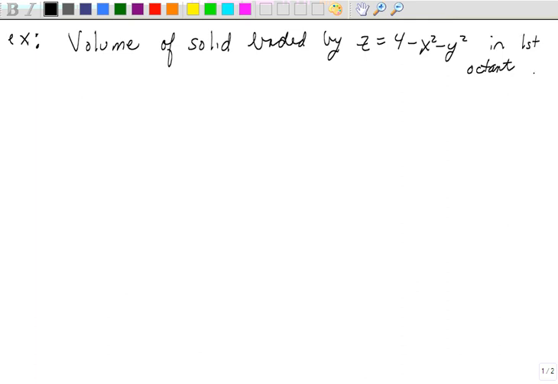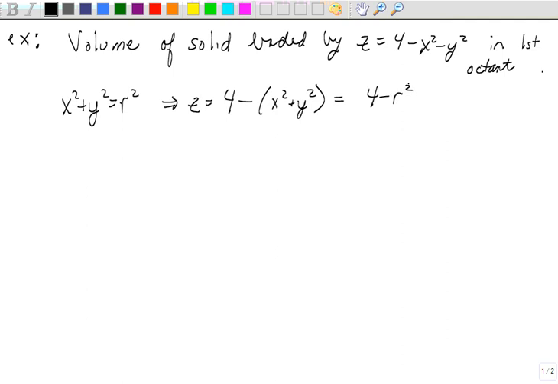So let's see. I know x squared plus y squared is r squared, so we have to change z equals 4 minus x squared minus y squared. We can factor out the negative, and that changes to 4 minus r squared. So there's our function. If we're in the first quadrant, z is positive, first octant, so that says that r has to be between 0 and 2. And theta has to be between 0 and pi over 2, because if we draw it,